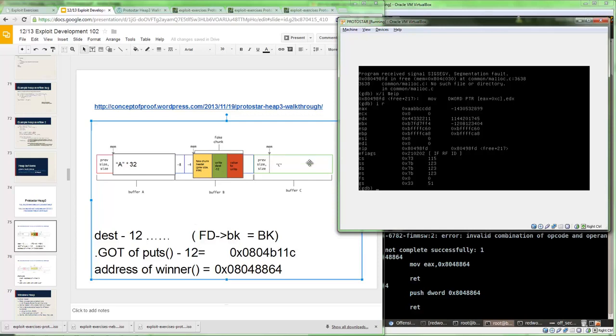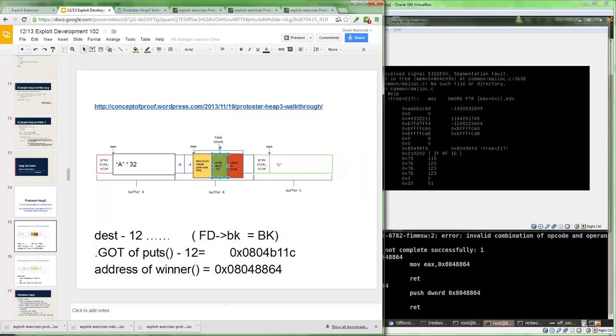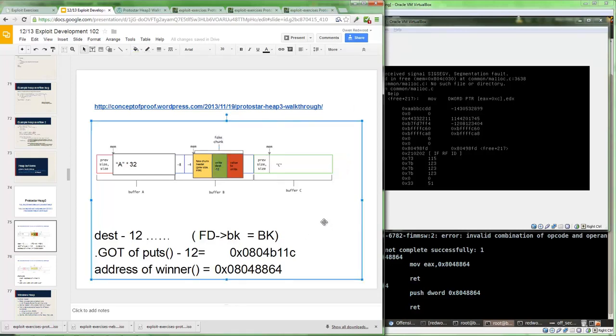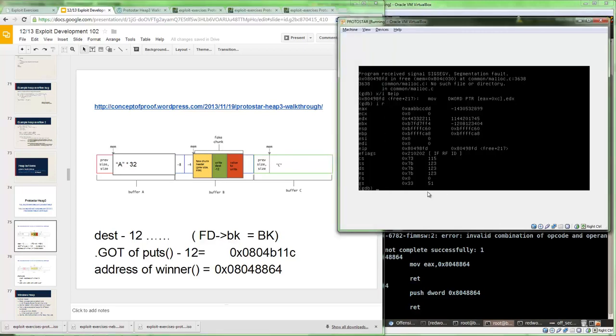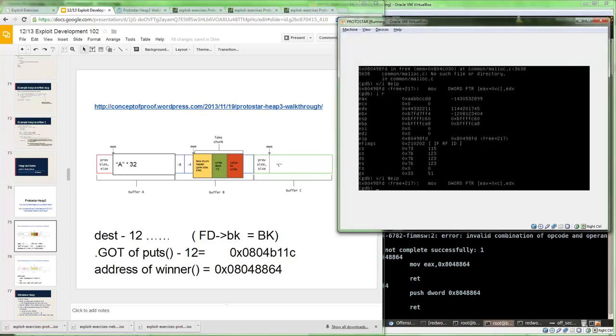So we now have the ability to do an arbitrary write. Remember that the destination has 12 added to it, so you need to subtract 12 from wherever you're pointing to, and then obviously when this instruction runs, it's going to add 12 to it and store this value there. So what we want to do is